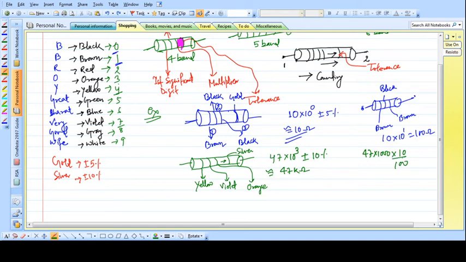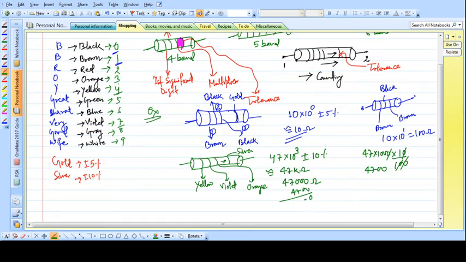The zeros cancel, so this should be 4700. So now we have 47k ohm, and the value of the particular resistance with this tolerance will lie in between